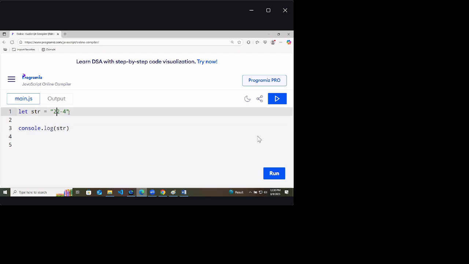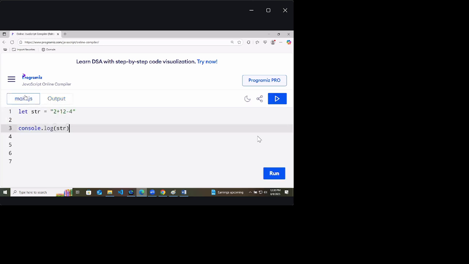Let's say 2 plus 12 minus 4. And here if I'm typing 2 plus 12 minus 4, what is the output this time? 10. But if I'm writing str here, what is the output? 2 plus 12 minus 4. That is the output.